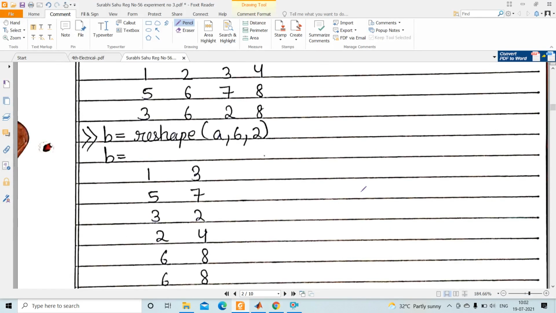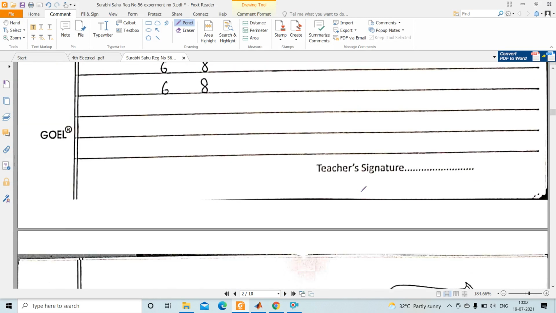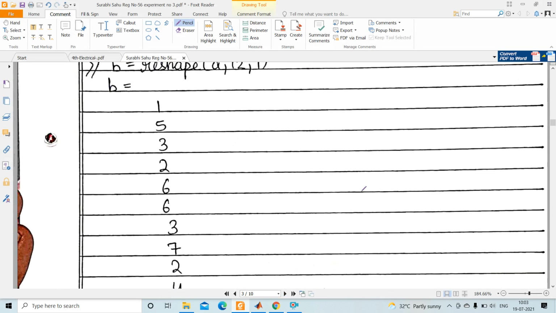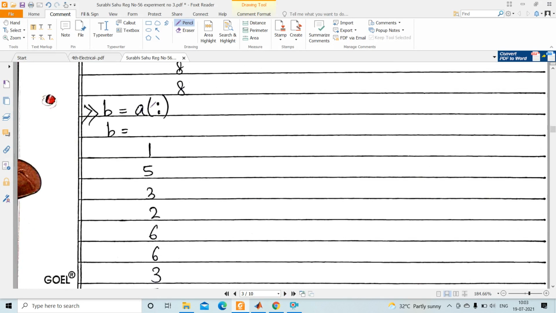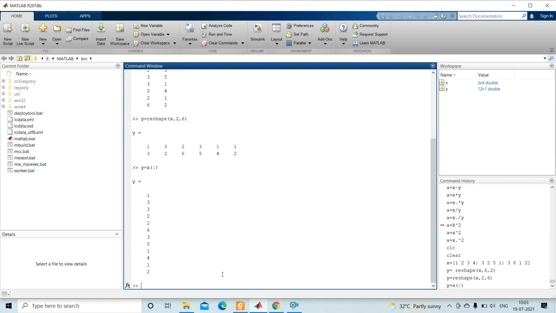You just see. This is another command. So what is this? See, I can write y equal to x, in between brackets I can put a colon. So see, this is another bit. So here what is this? This is 1 2 3, this is the 12. Okay, so 12 rows 1 column.